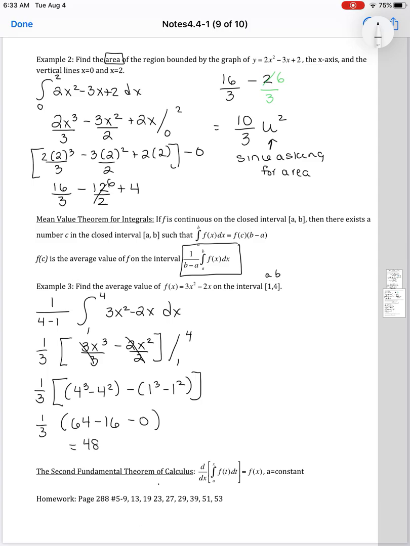Well, 4 to the third is 64. 4 squared is 16, and this guy gets me 0. 64 minus 16 gets me 48, and 48 times 1/3